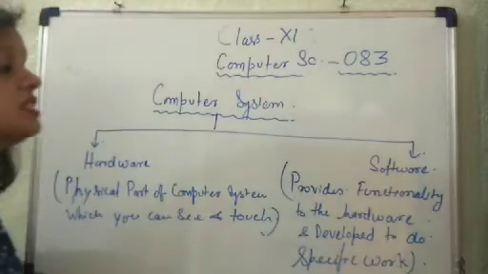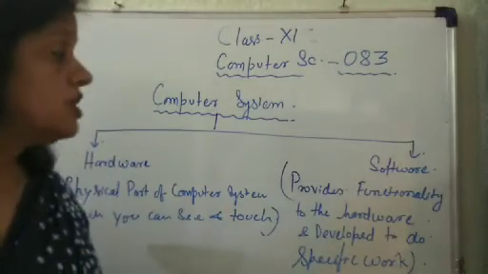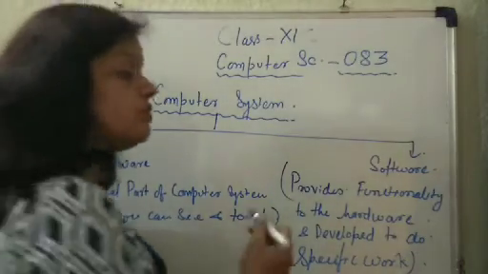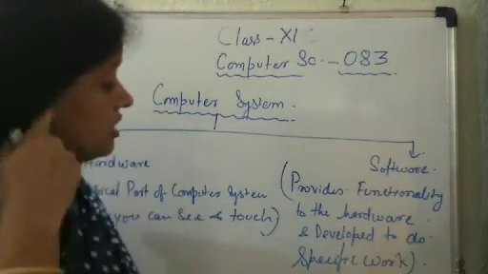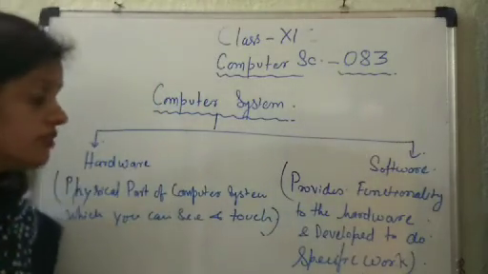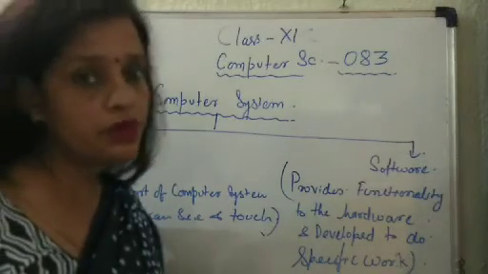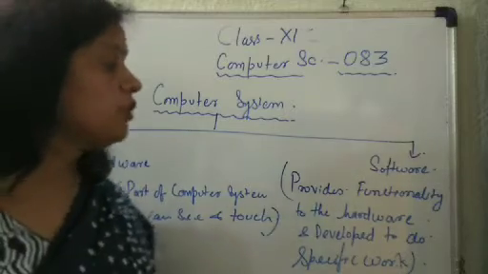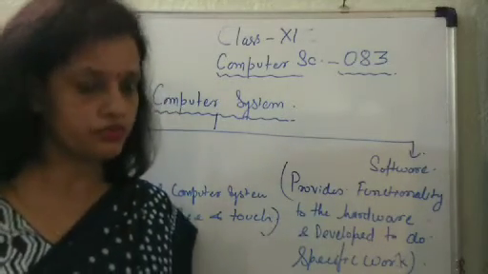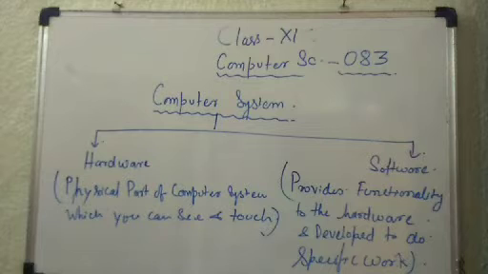When we discuss the different types of software, it is a very huge range. So you will come to know which softwares provide the functionalities to the hardware and which are developed to do specific work. As you have to learn programming, because the second unit is programming, you will come to know very well what this software is. Okay, so now let us start with the hardware.